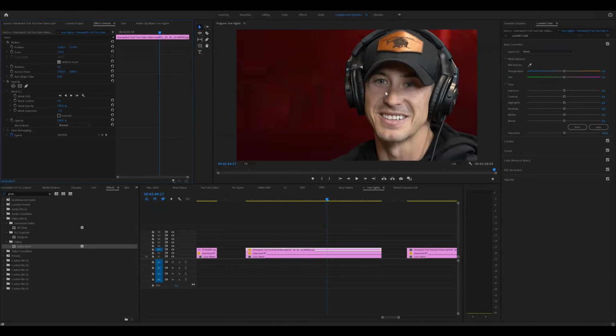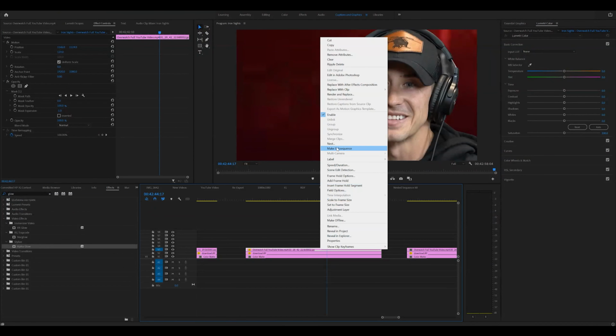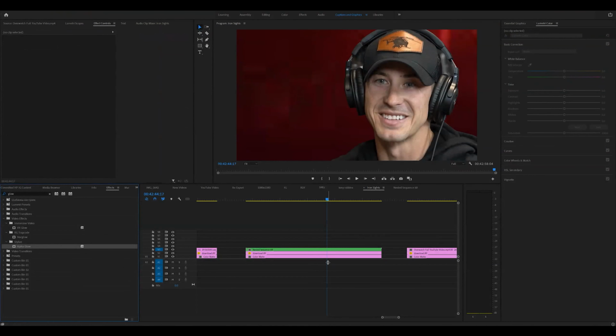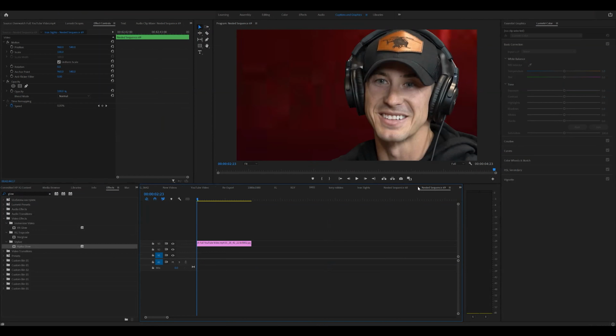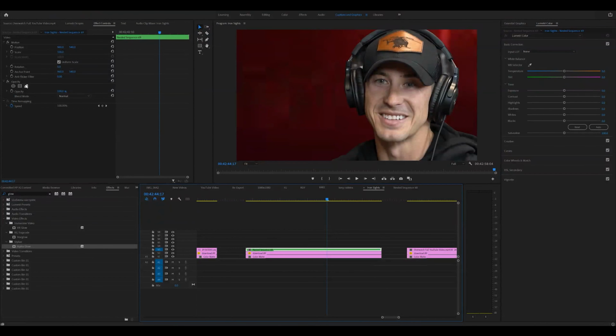Now, if you're looking at more of the fine details, you can see there is background space in between his headphones and his hat. So if you did want to change that, I'll show you how. You can't just simply grab another free drawing tool and draw over that mask, because it will change. What we want to do is right click and nest this image. What that's going to do is it's going to remove the masking tool, because the masking tool is inside this nested sequence, and it will freely allow us to create another